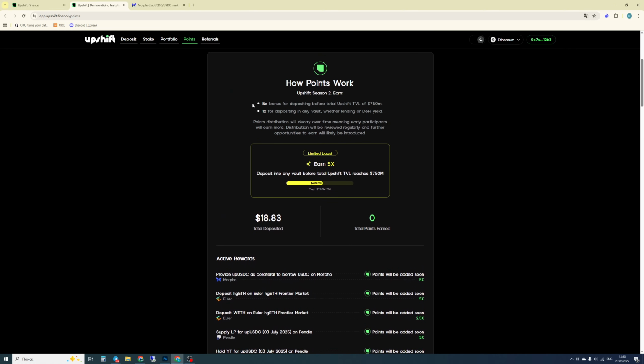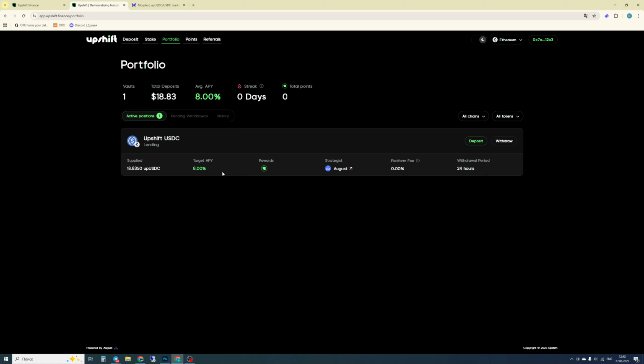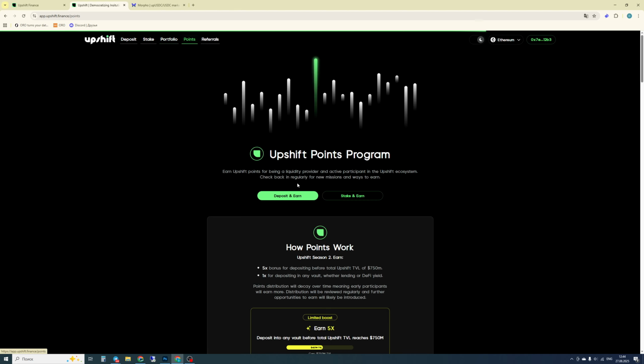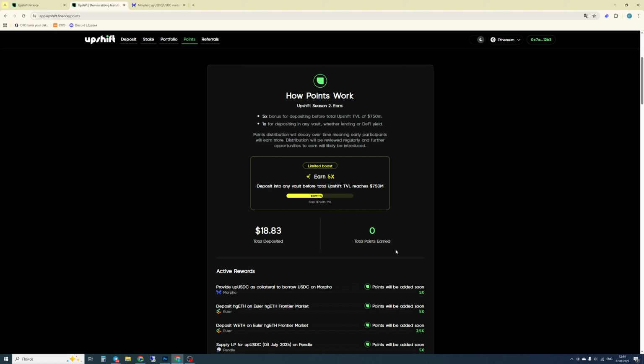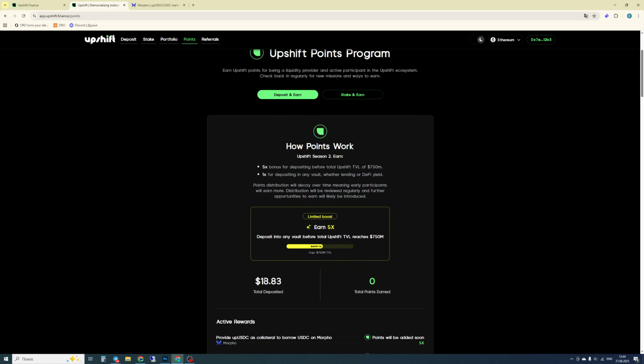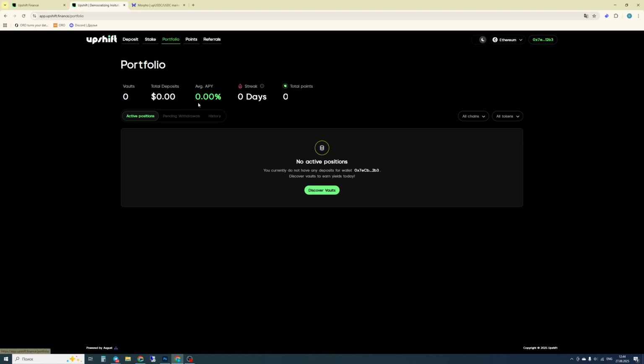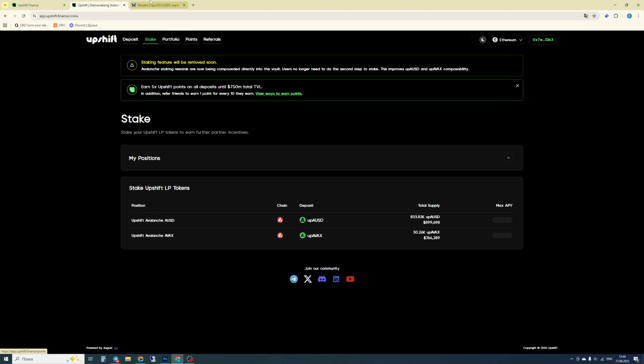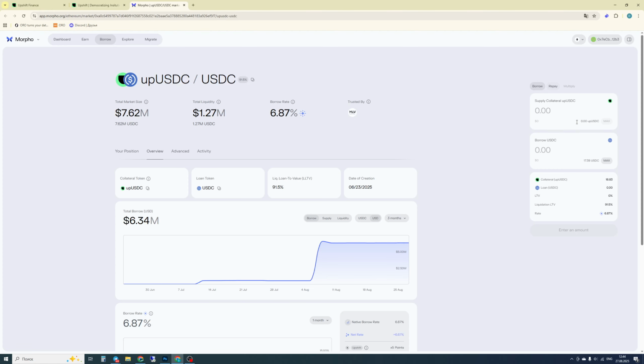If we navigate back to the Upshift platform, we can easily access the Portfolio tab where our deposited funds will be clearly displayed for our review. In the Points tab, we can diligently track our progress regarding the points that we have earned so far. Naturally, since we have only deposited our funds at this stage, we haven't received any returns or benefits yet, but we should remember that everything comes in due time. I also promise to demonstrate that there are absolutely no hidden fees associated with this platform, so you can rest easy without any concerns. Now, let's quickly go through the reverse process together.